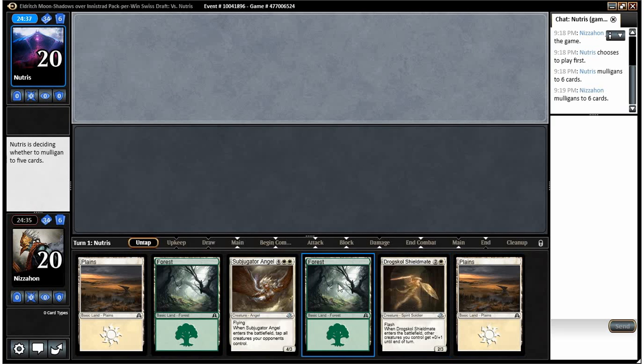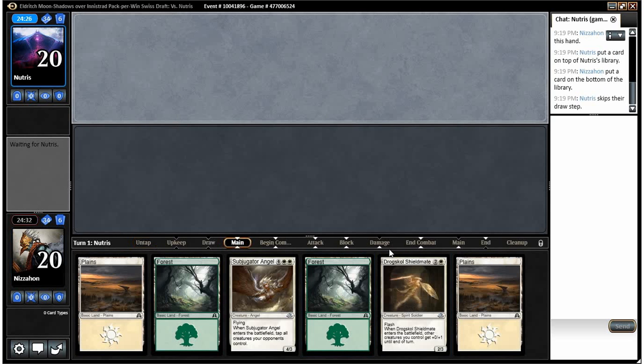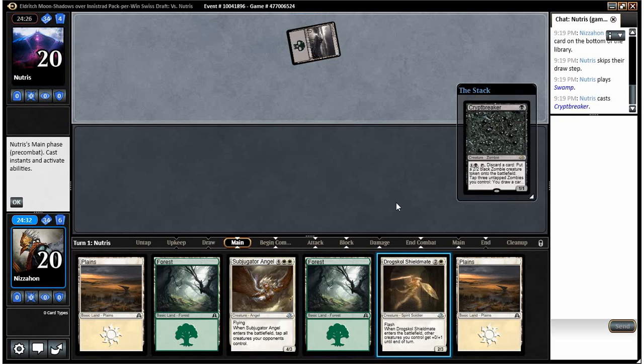This one's not much better, but we do get to scry, and it's fine. So we'll go ahead and keep it. If there's a land on top, we probably just bottom it. Anything else we're happy with. Yeah, we're going to bottom it. I don't know. I mean, the hand that we had...